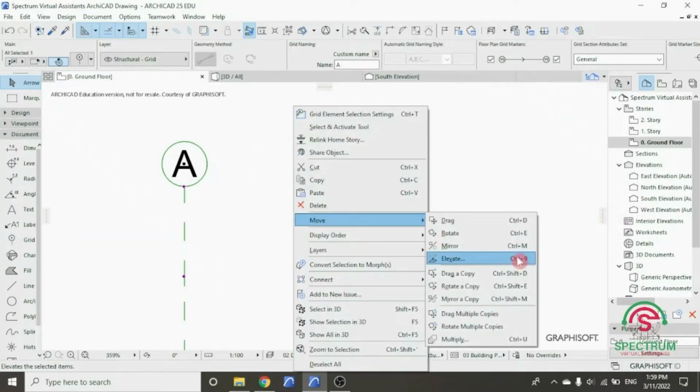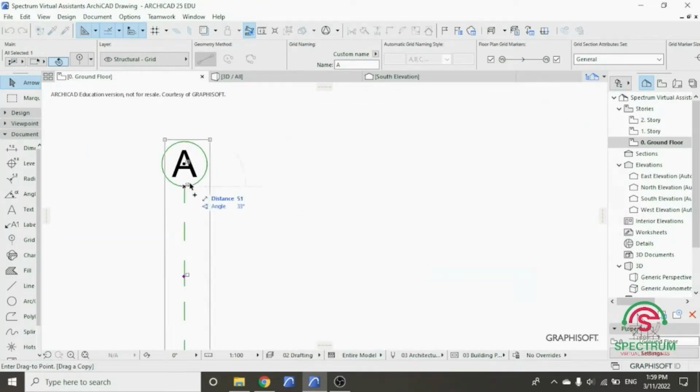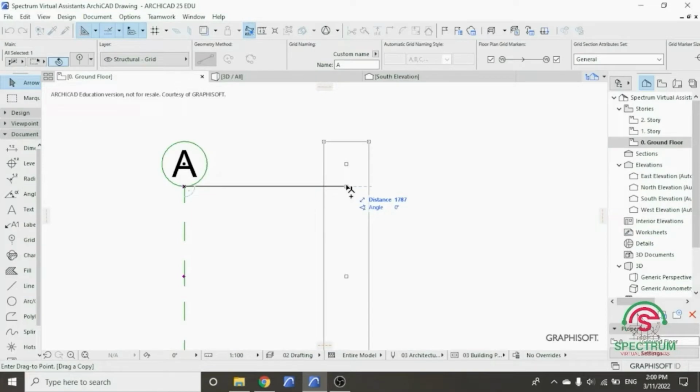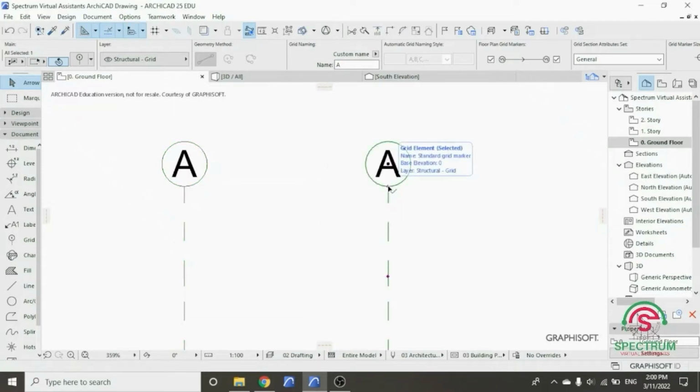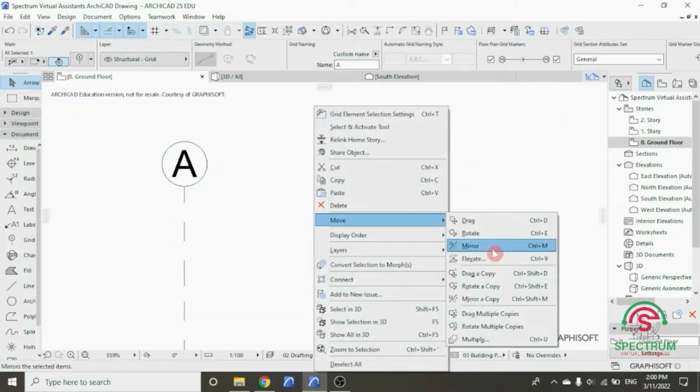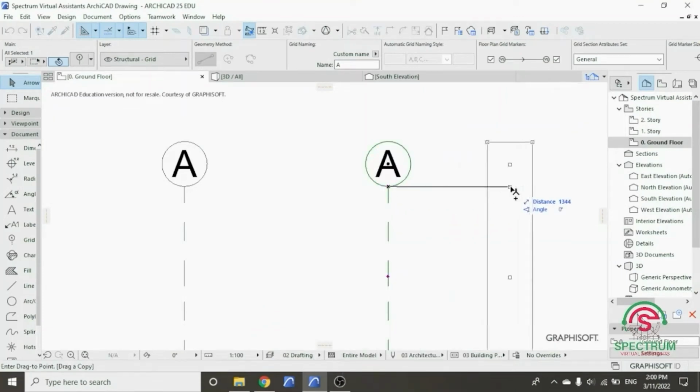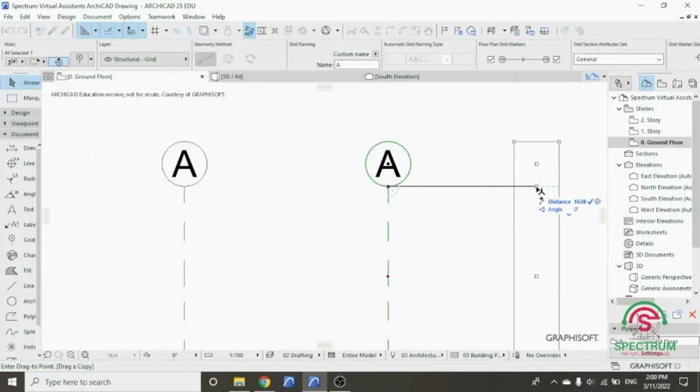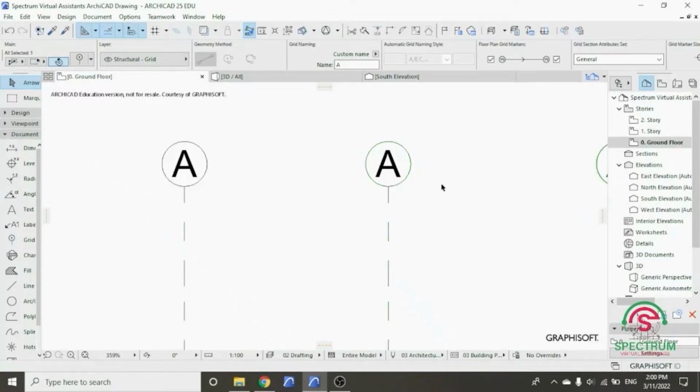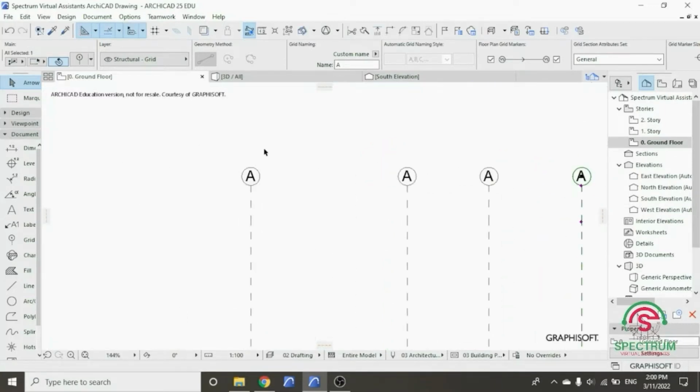Right click, select drag a copy and drag it by 2,250 millimeters. Drag another copy and type the distance as 2,550 millimeters. Drag another,